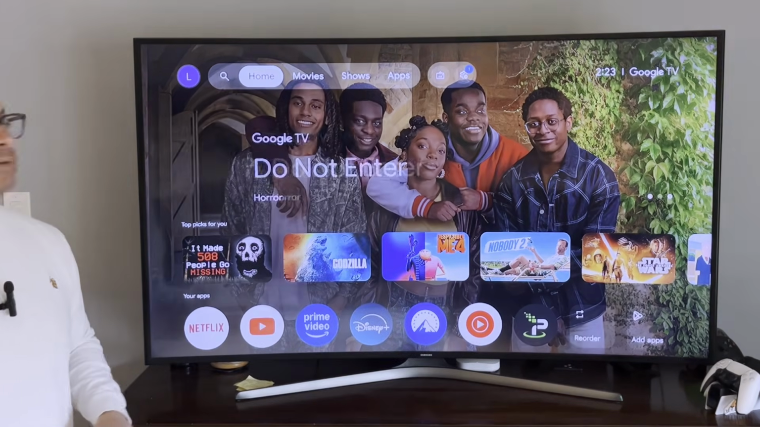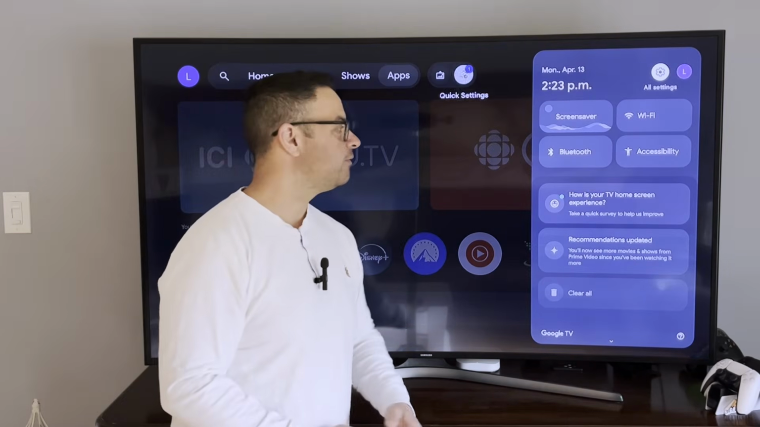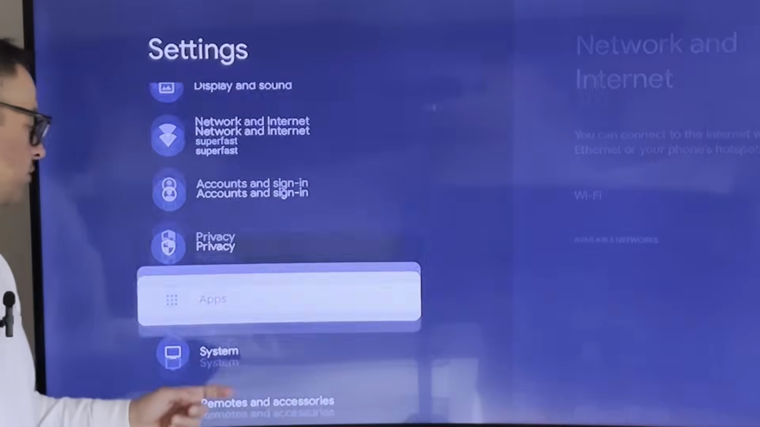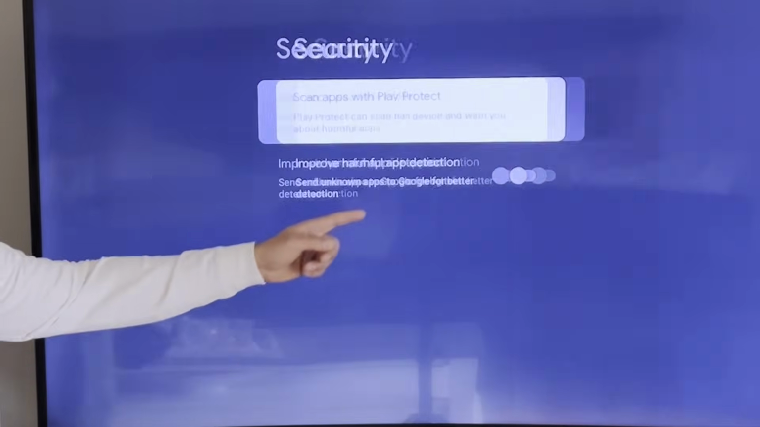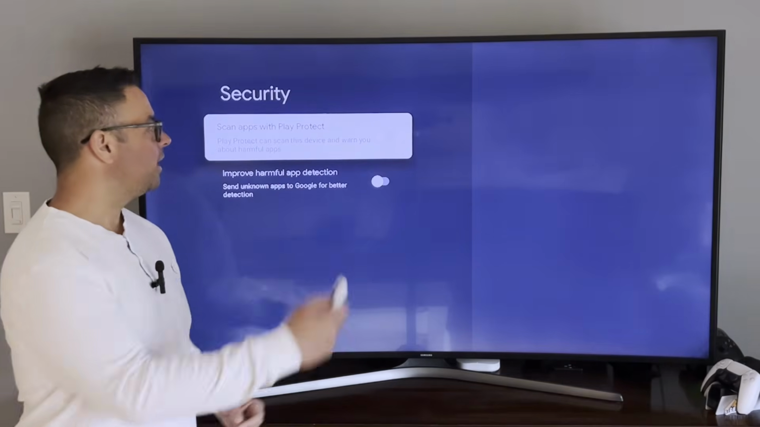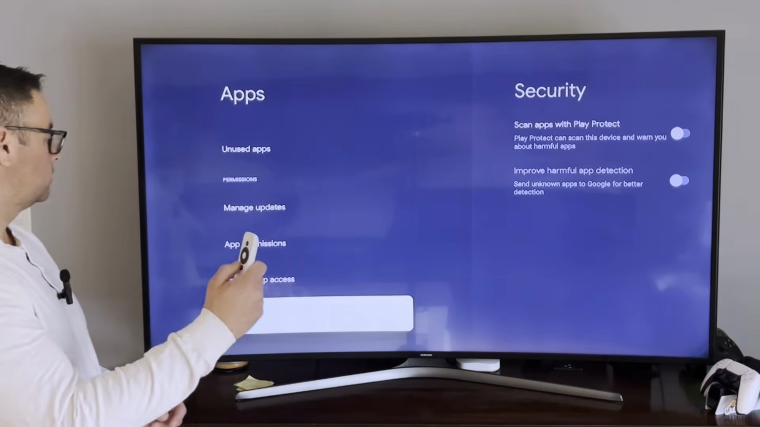First thing we need to do, head over to quick settings, select it, and then select again for all settings. Come down to apps. Go down all the way to security, and then here, scan apps with Play Protect. We want to turn this off and leave it off. Back out,